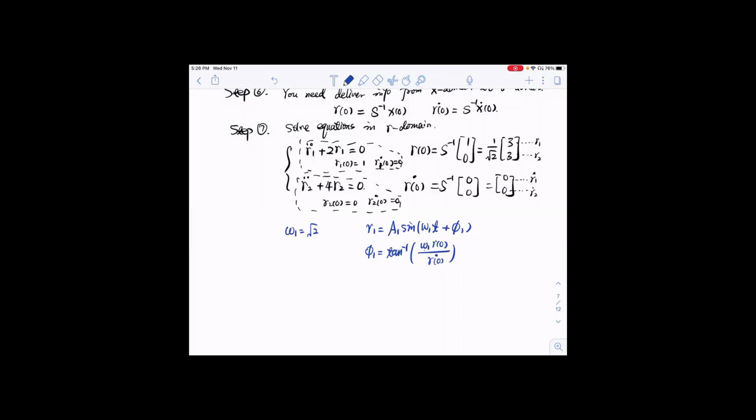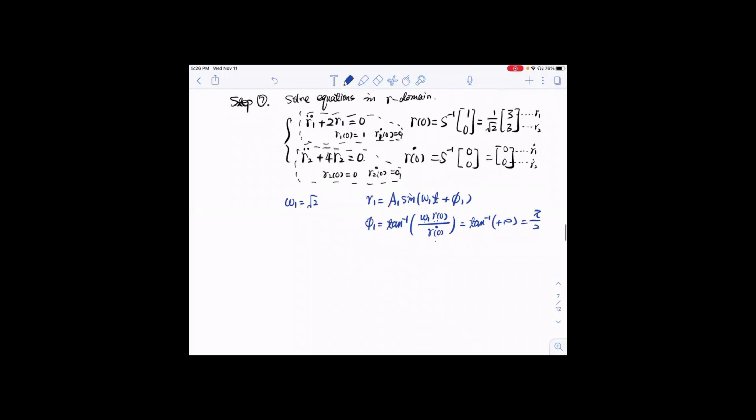Your omega is positive, initial position is positive. A positive number divided by 0 gives you positive infinity, which is half pi. And then your A1 is just our initial position divided by sine phi 1. So that's going to give you,